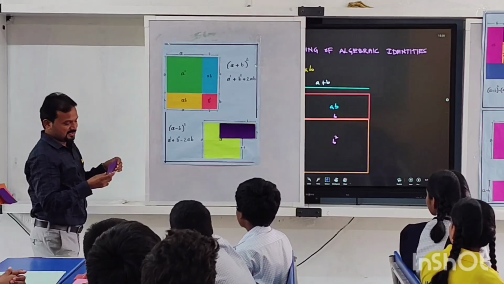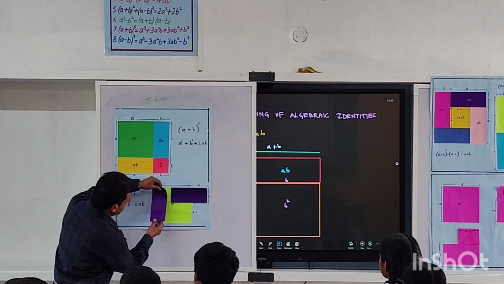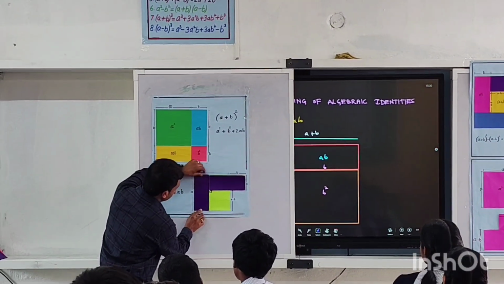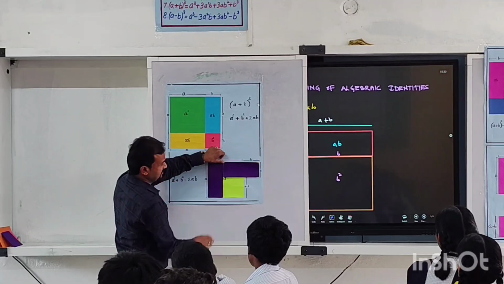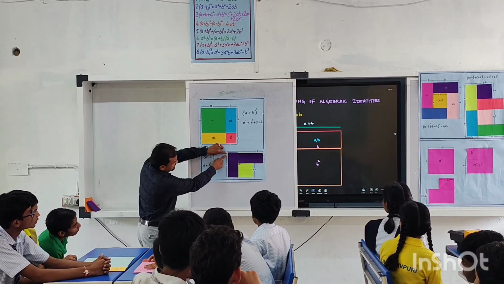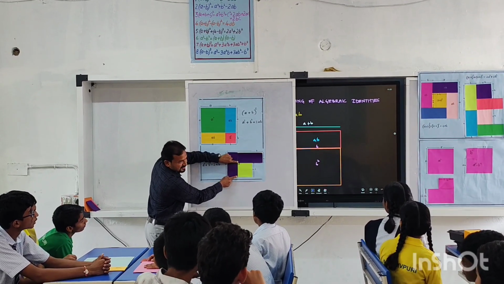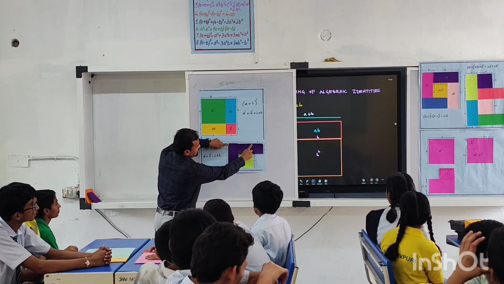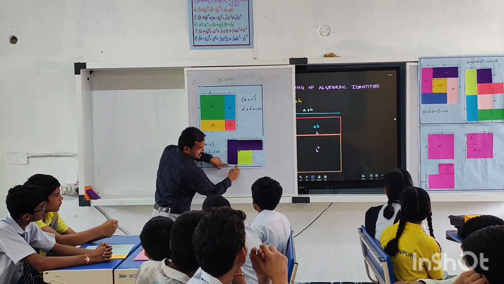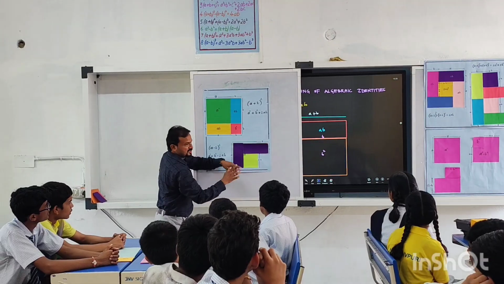This is one more ab. I subtract like this. This color is removed. So what is left? This is how much? a. Now this is how much? a minus b. So this is how much? a. So this is removed. b is removed. So this is how much? a minus b. So we are left with a square or not?